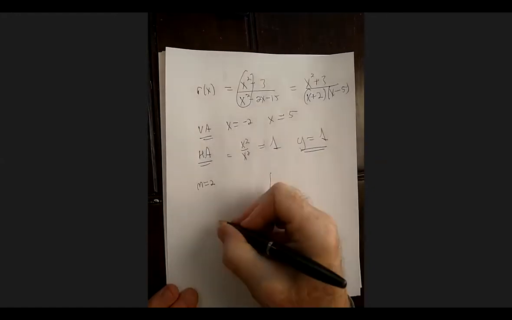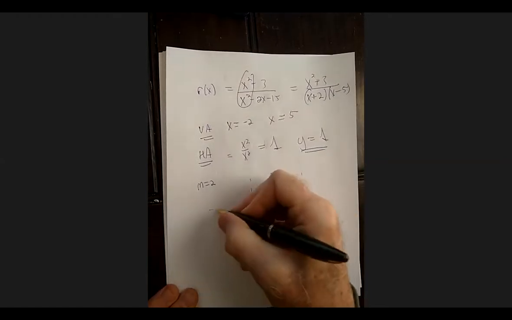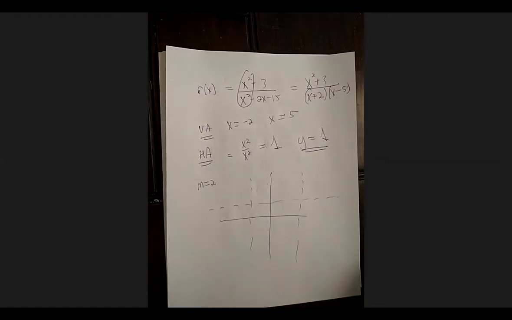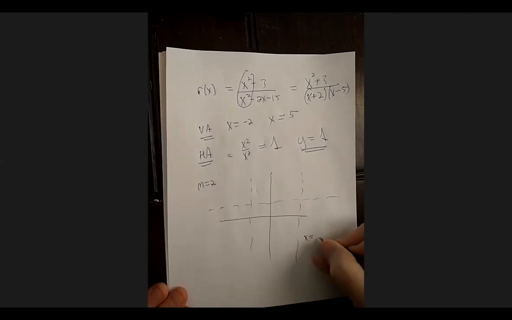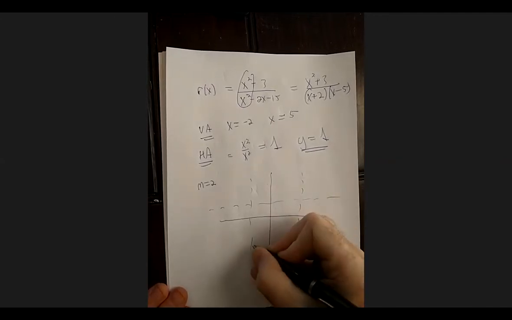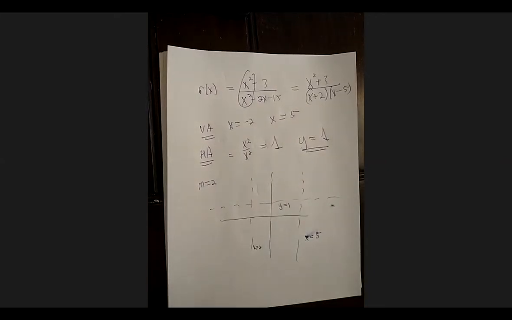So I'm not going to try to graph it because that's not a skill you need for the exam, but you can see it's got to fit this pattern. This is going to be x equals 5, x equals 2, and y is equal to 1. And so we'll just go to Desmos and do that.